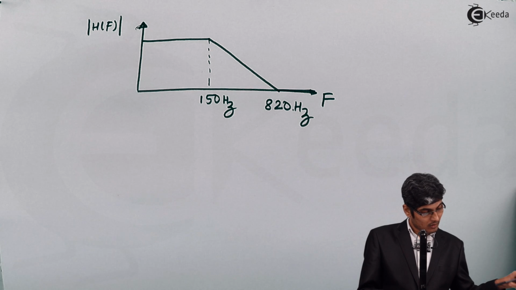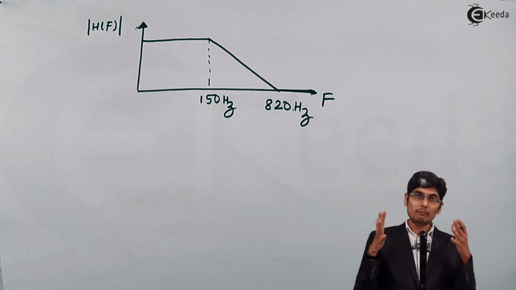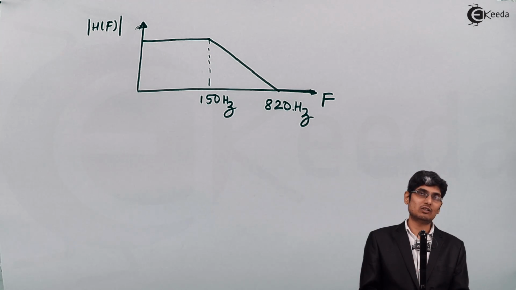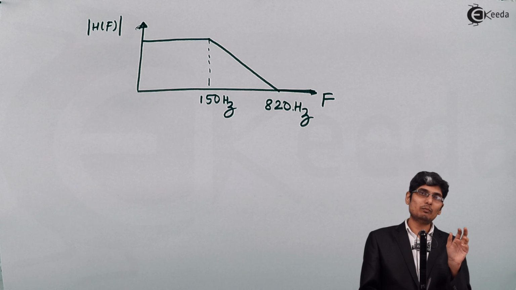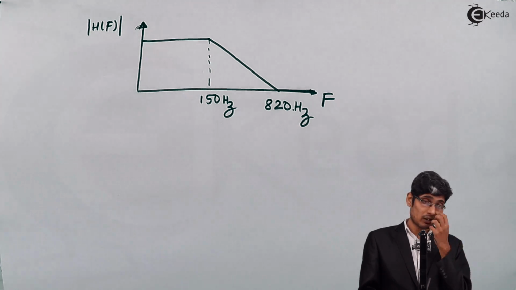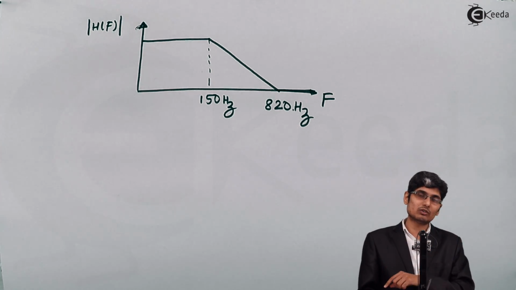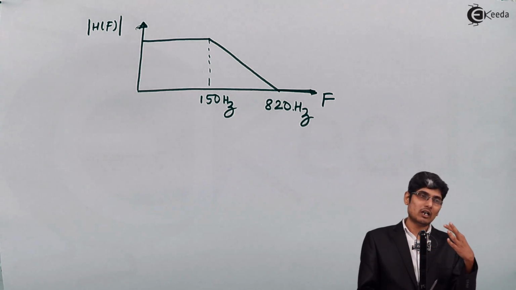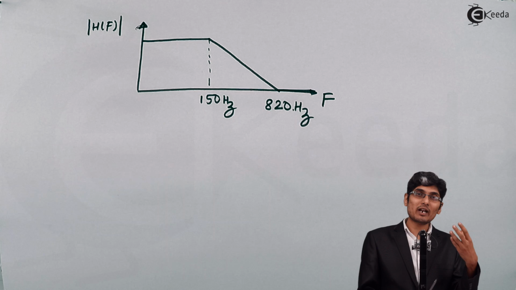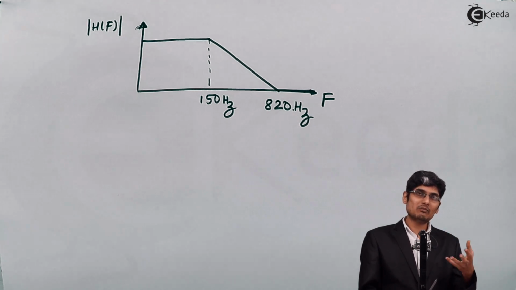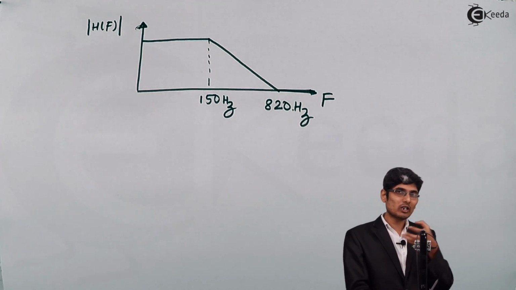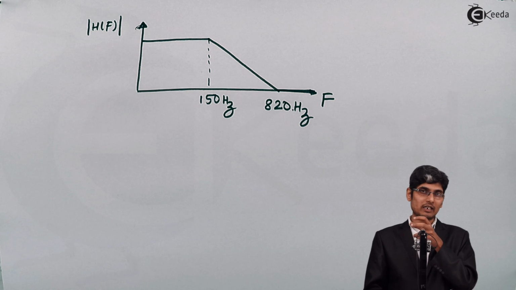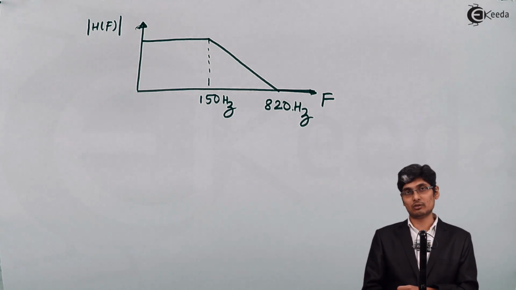So if I want the overall passband ripple of a cascade structure to be 0.02, and I make a 0.02 passband ripple in stage 1 also and stage 2 also, at each stage I am going to add more and more ripples. So the total ripple that I have added in the cascade structure is 0.04,